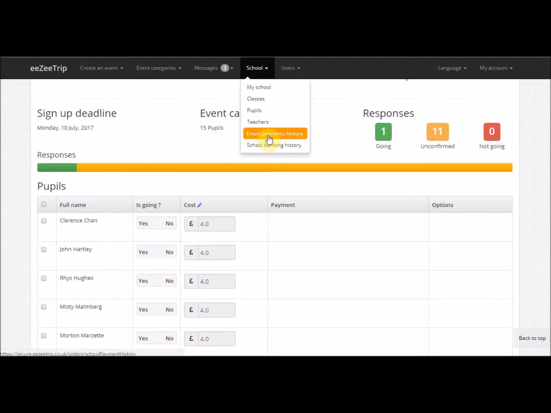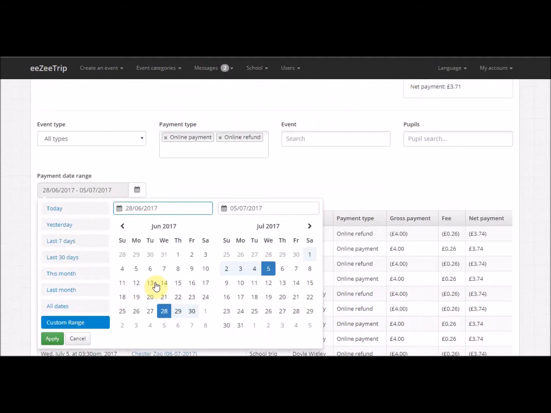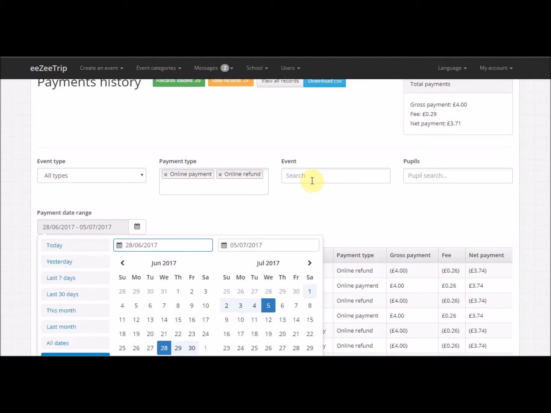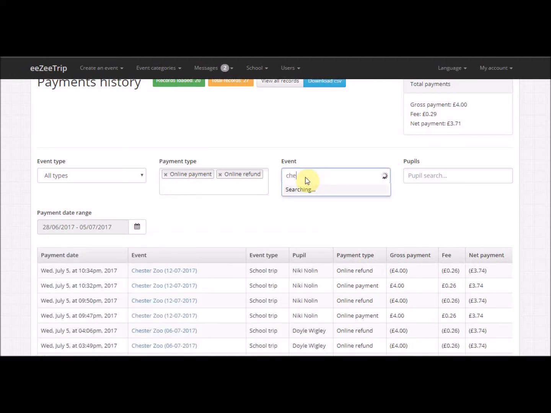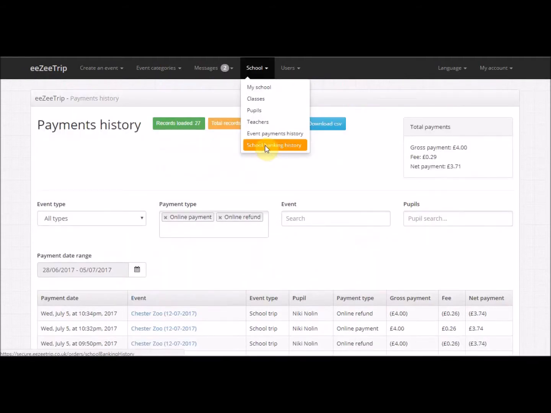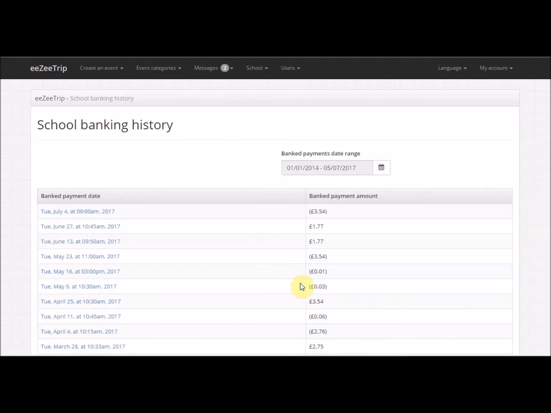On the finance side, you can see all the payments coming in real time, and you can go back and search, say, for this month's payments. You could search payment type, refunds, or perhaps search by the event type, or search by typing in the pupils' names. In the banking history page, schools can easily search and see exactly what money has gone into the school's bank account. eeZeeTrip banks every week, and the school can see the individual transactions that have made up the deposit showing on their bank